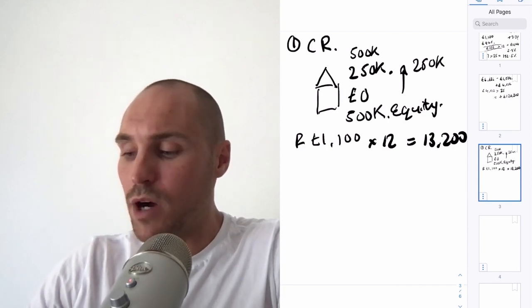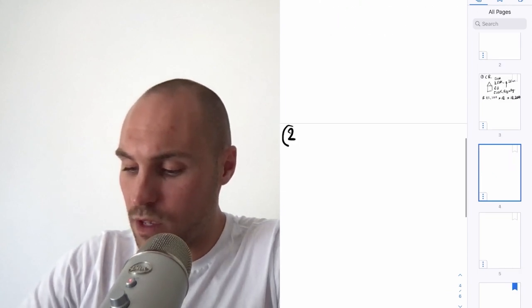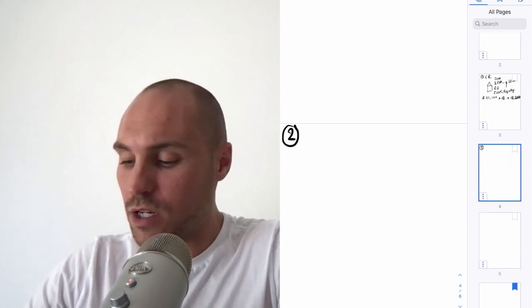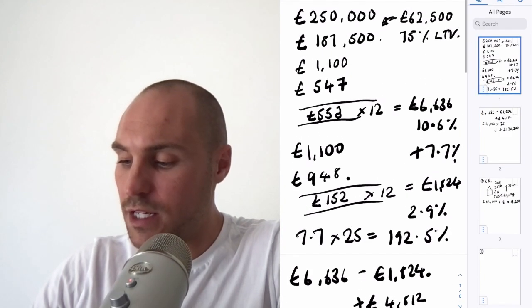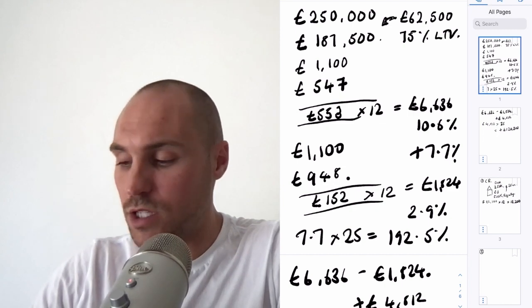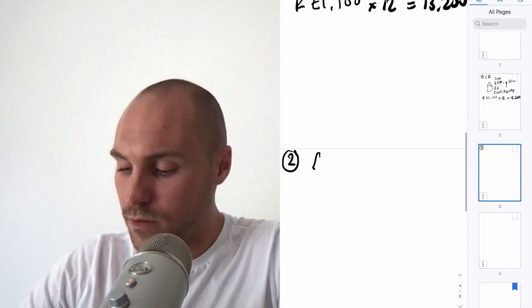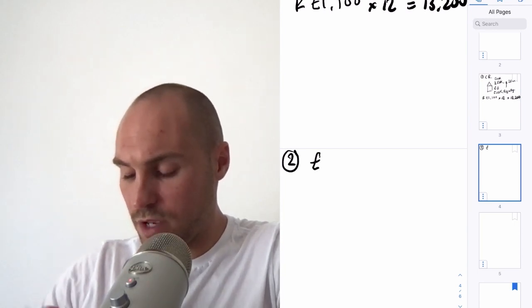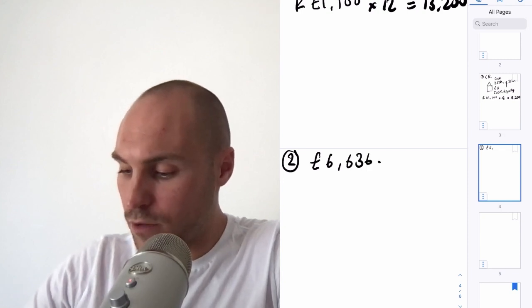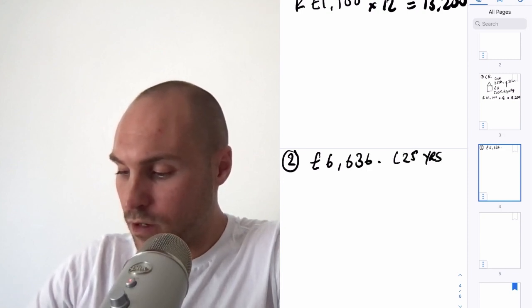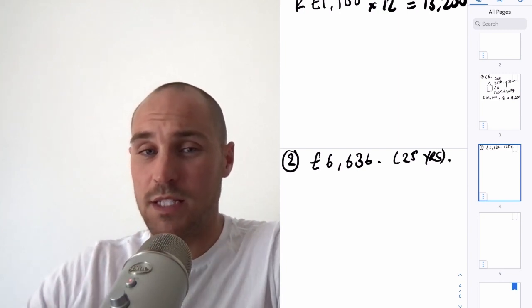And that's great. But what happens if we actually did this in another way? So if we actually bought it interest only. In interest only, remember up here, we had this one property that was making £6,636 a year. Now, over the 25 years, we're making £6,636, and if we choose to reinvest this capital, effectively, in this example,